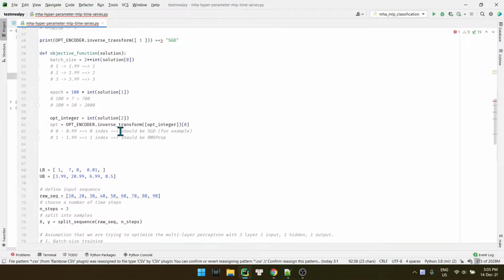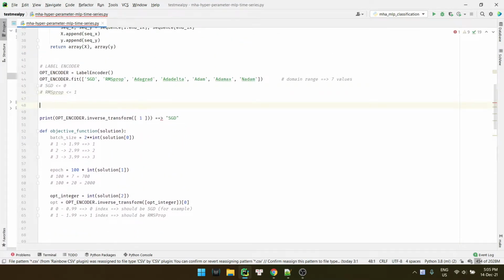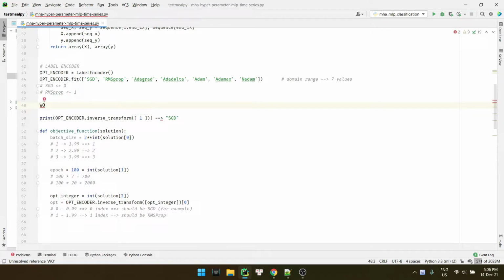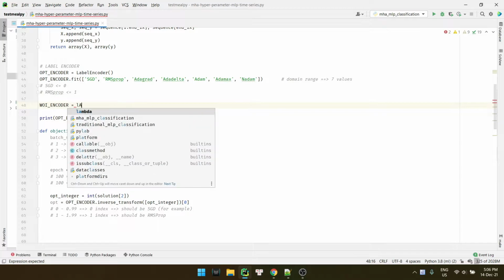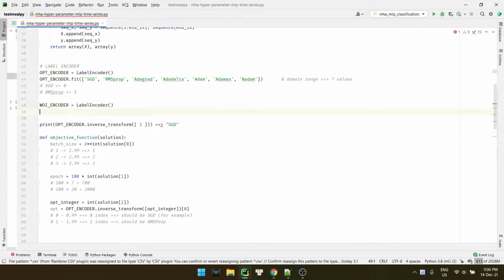So let me check with optimization initialization, encoder, label encoder, and we have weight dot fit.